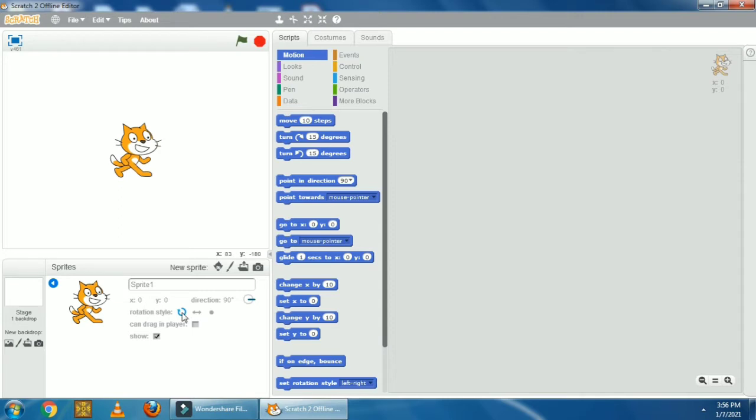Circular arrow rotation enables full rotation of the sprite. Linear arrow enables the sprite to only face left or right. We can say that this rotation allows the sprite to see only left and right. And the last is disable rotation. This disables rotation, so the sprite remains fixed to 90 degrees. Okay, so these are the three types of rotation style, and in your textbook some steps are given.